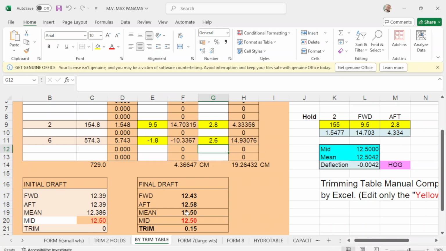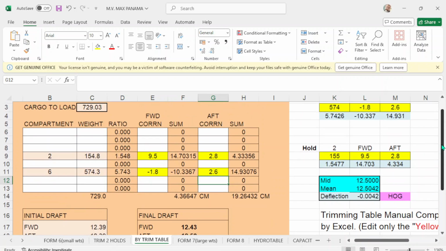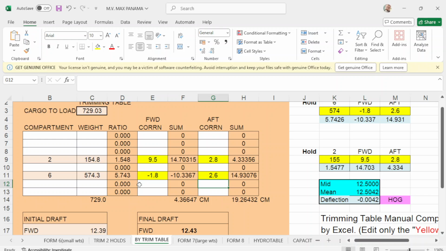there you go. Okay, just a matter of adjusting the forward and up correction of your cargo hold. Just like I mentioned in my previous video, the position of this forward and up correction is not accurate.